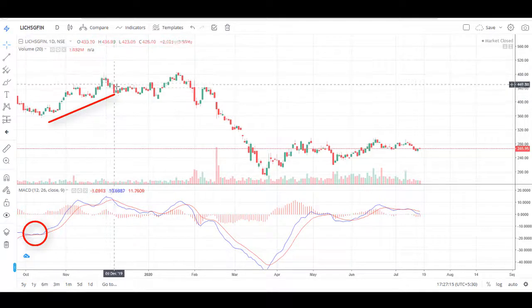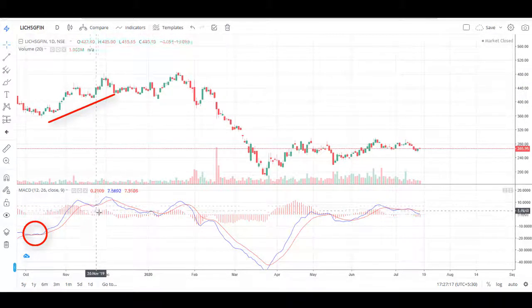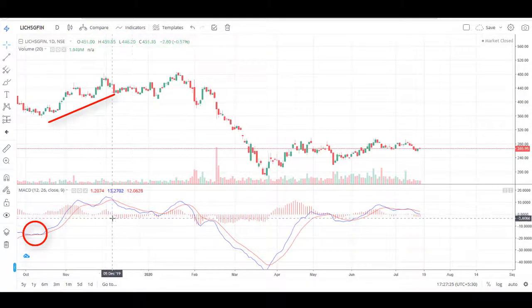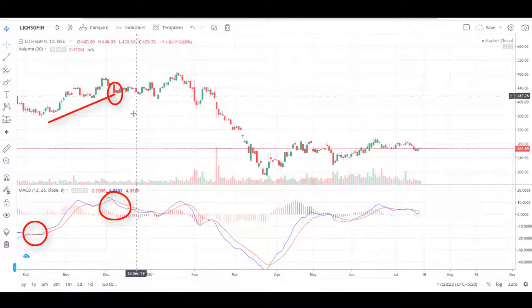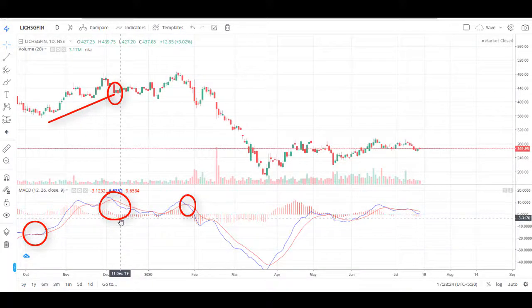After that, the price was moving sideways. Also, you can see the histograms are getting smaller. When the histograms are smaller and moving very little, it means it's sideways. And here it gave a sell signal. You can see there is a long spike, a long candle, but after that the price was not moving, it was sideways. Also in the sideways, you can understand the spikes are not long enough to enter the trade.